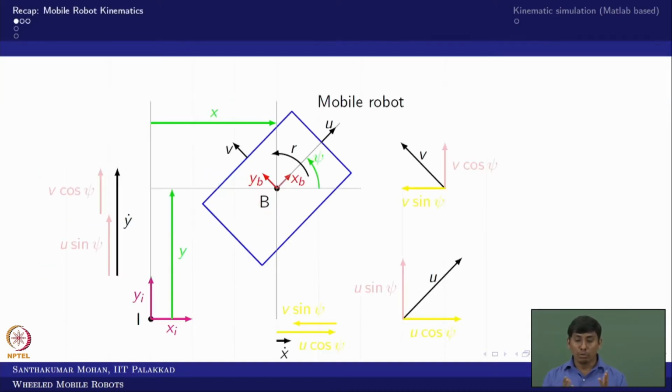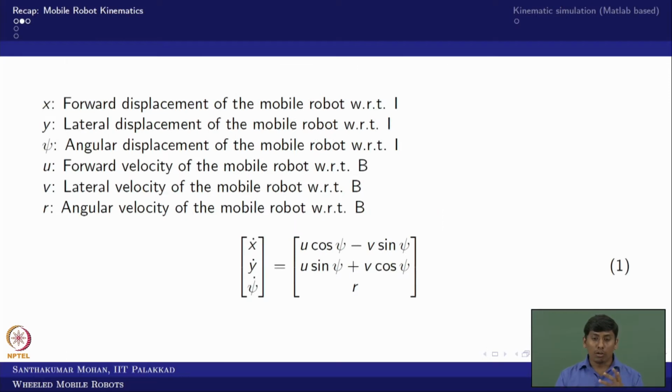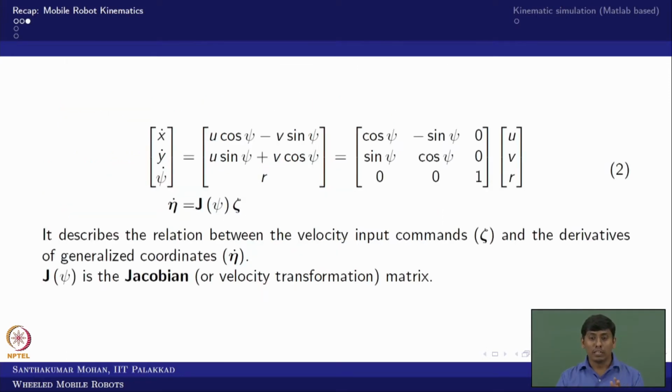Okay. So now this is what we have derived; in fact, in lecture 3 and lecture 4 I emphasized this. We obtained this equation in this form. Now what we are trying to see: if I am given J and I give the input command, can I find x dot, y dot and psi dot, and integrate that to get x of t? Since this is a time derivative, I can integrate it. In this case it may look straightforward, but what would happen if you have complexity? We will do numerical integration, and in this lecture we are going to do the numerical integration.